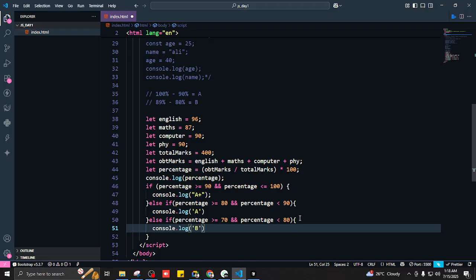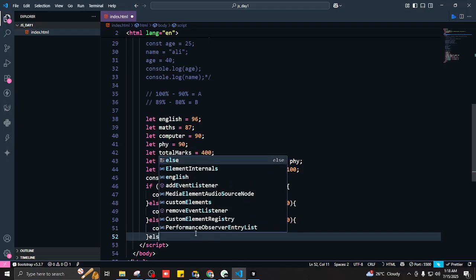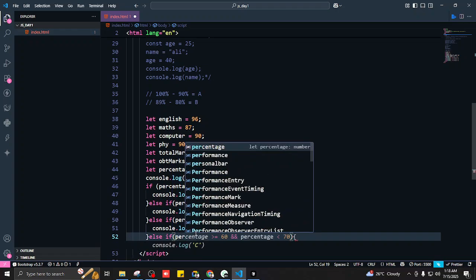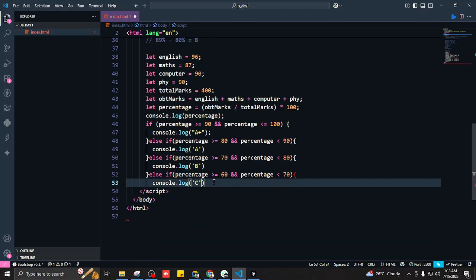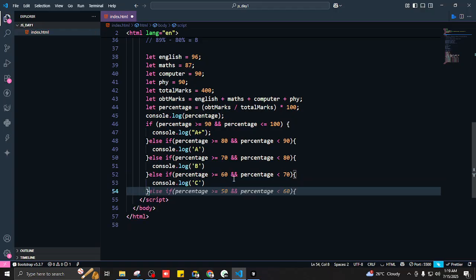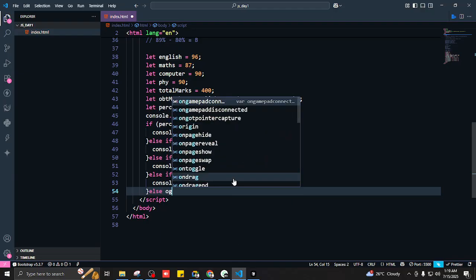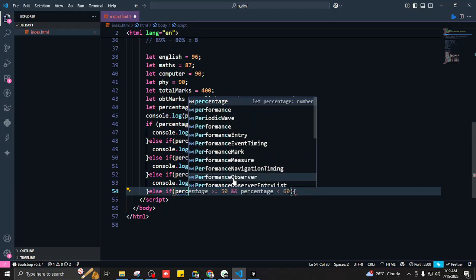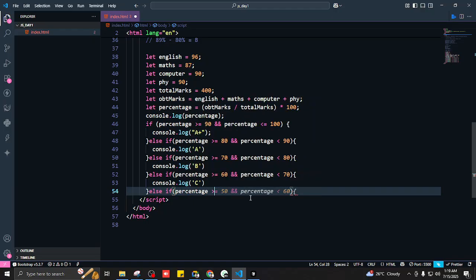We are going to say console.log D. Similarly for the C as well, we can see a percentage, again this as well. If its percentage is greater than 60% and it's less than 70%, console.log C. And then again else if for the D as well, we're going to say percentage is greater than or equal to